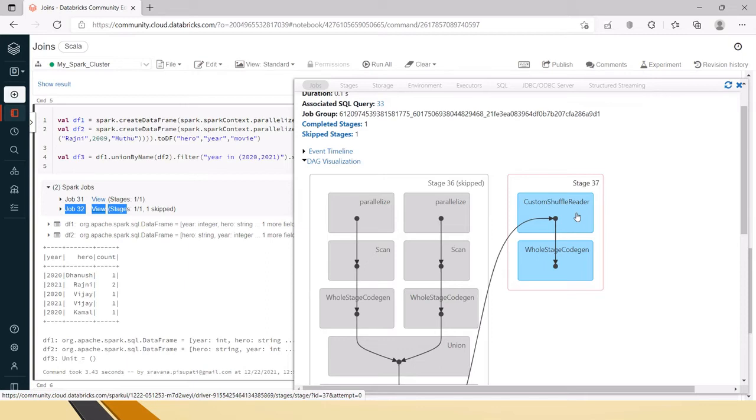Okay, so just to summarize, Spark creates one job for each action, and a job will be divided into stages for each wide transformation, and shuffle sort is used for sending the data between stages.